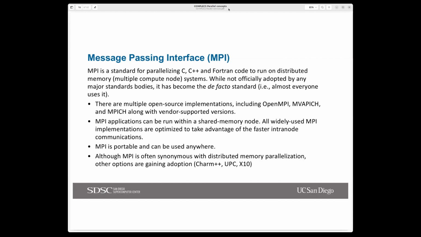OpenMPI and MVAPICH are sort of the two most popular open source ones, and MPICH is another we don't use too much ourselves. And even specific vendors have their own, like Intel and Cray and things like that. So you'll run into different variants of MPI, and every implementation that you might use to compile your application, or that an HPC center might have already compiled and placed on the system for you,